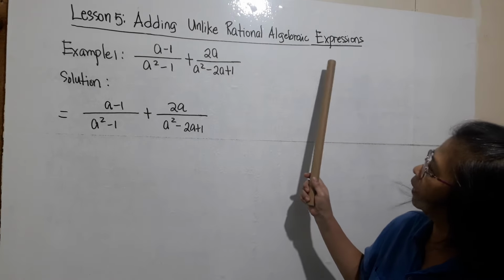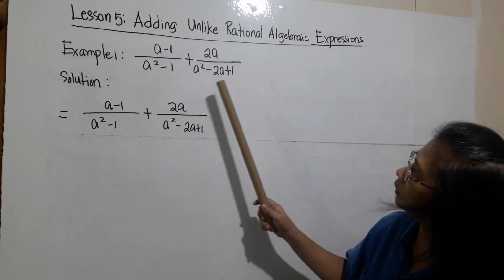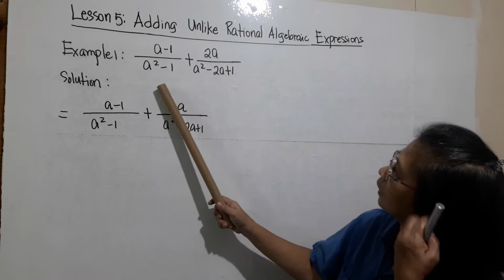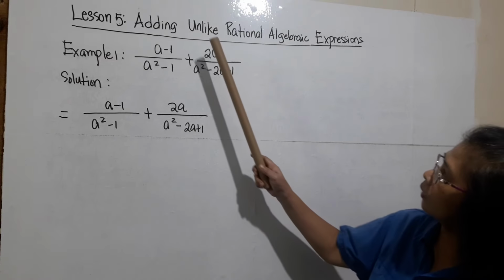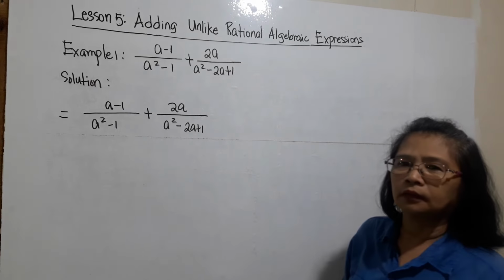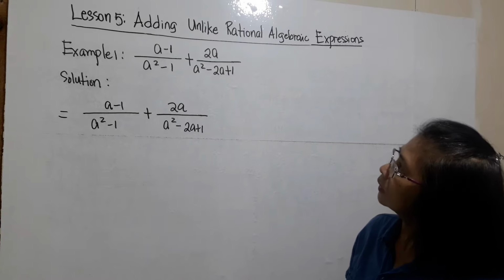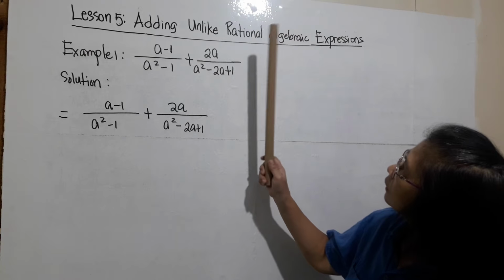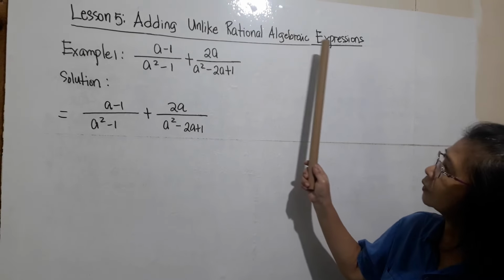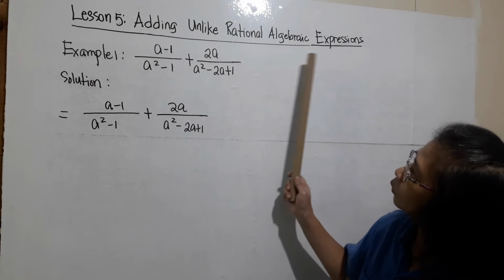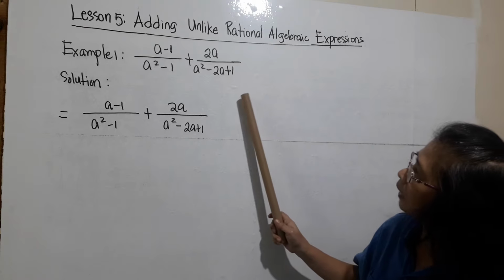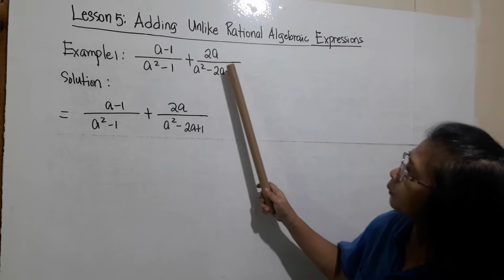Now we are going to have adding unlike rational algebraic expressions. That means the denominators of the rational expressions are not the same. That is why we call them unlike. We could not add unlike rational algebraic expressions directly, so what we can do is to make the rational expressions